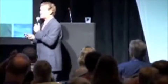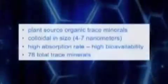Trace minerals, 78 of them. You'll notice down here the ones that disappeared down this bottom area are the toxic ones, the things that are radioactive, heavy metals. These things are not a part of Cellfood. So the important notes that you should know about your trace minerals that are in Cellfood, specifically they are plant